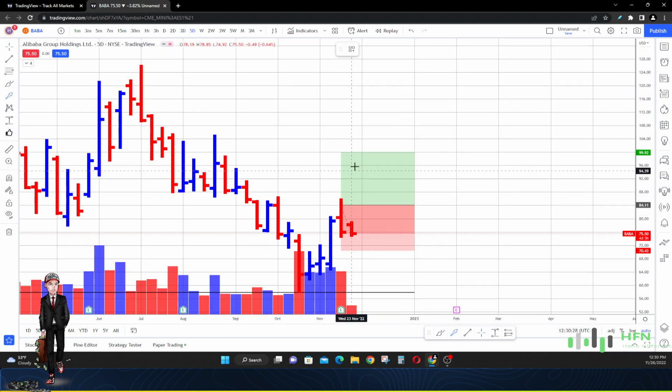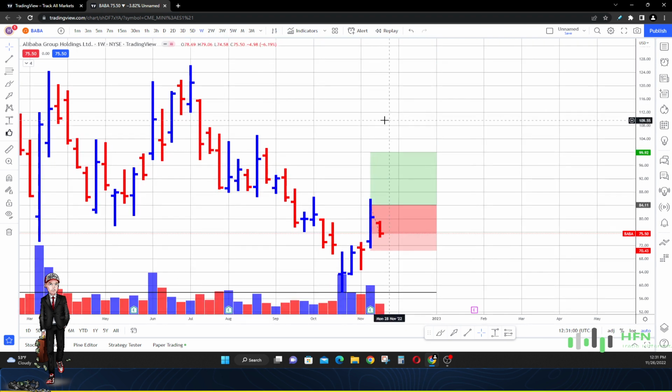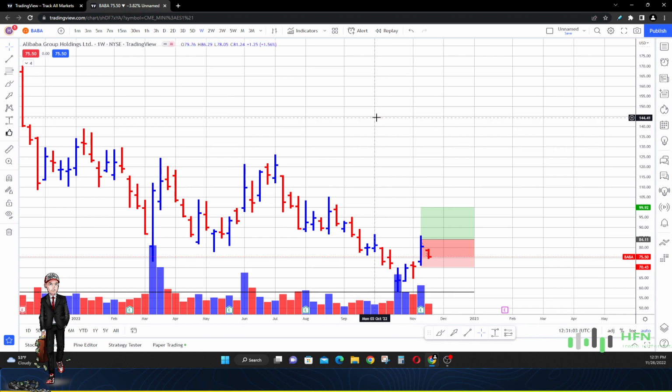Look at the last completed 5-day price bar right here. The bullishness that was in the market in Alibaba did not continue. So when you see this, there's nothing wrong with having your prediction, your idea, incorrect. You just need to recognize it fast so that you can minimize the loss and get right back in and play the opposite side. So many people want you to come in and buy the dip and hold on for the next 60 years, when the market glaringly is telling you in 6 hours that the weakness is definitely here. It's telling you in 6 days that the weakness is still here. We don't need to see this if we're looking for price to be bullish in Alibaba.